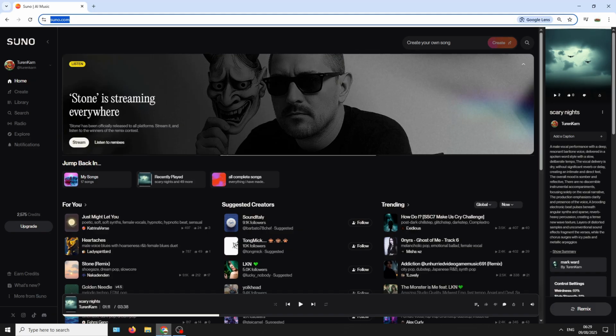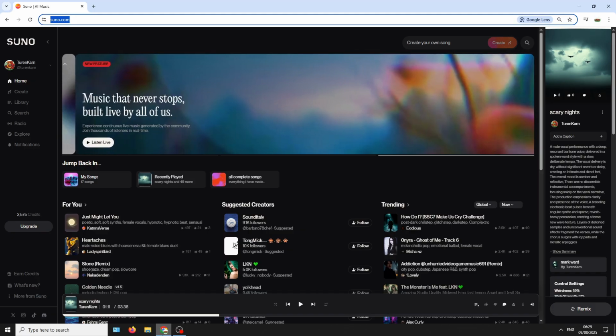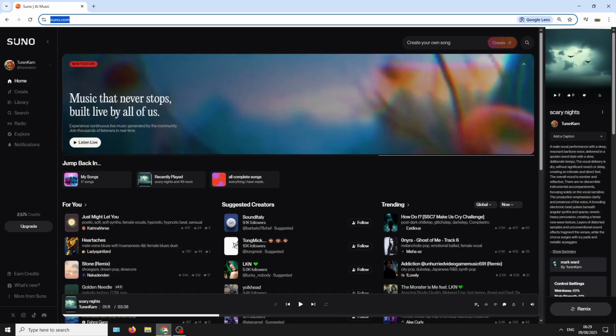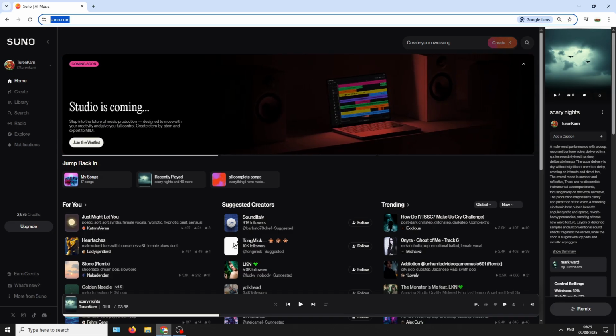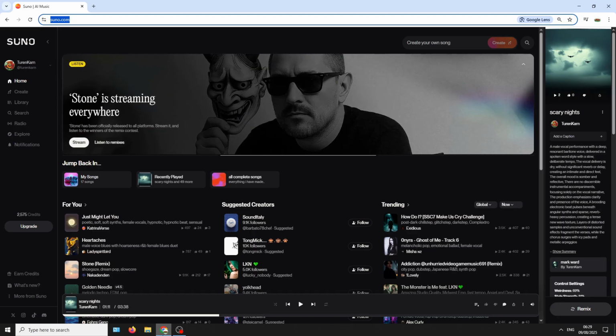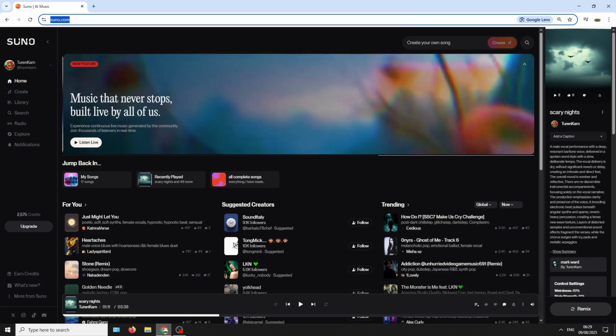So I've just decided, with the 4.5 beta that's in, to look at some key features in this, and today we're going to be looking at personas. Now I know personas have been in Suno for a while, but they only allowed you to use AI generated songs and vocals. I don't know if this is a key feature in the new version or whether it's a bug.